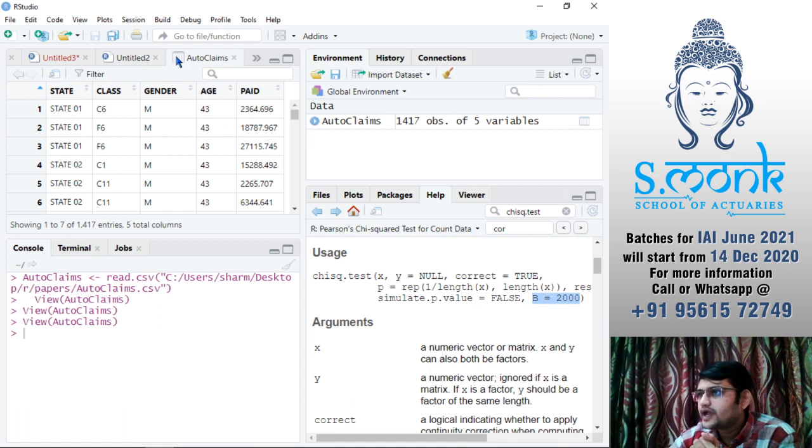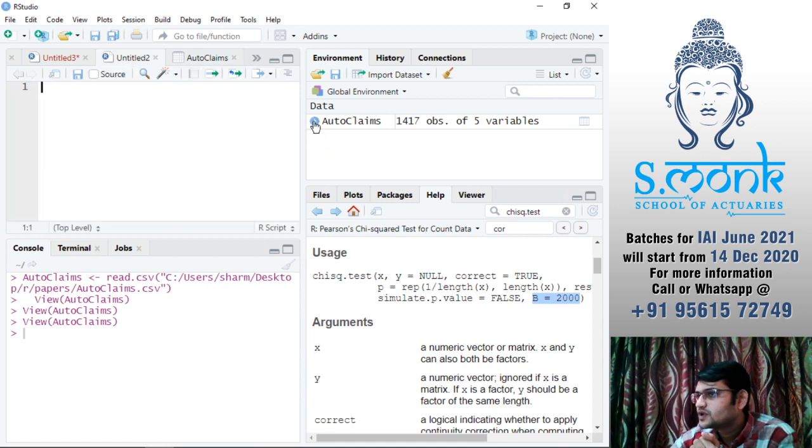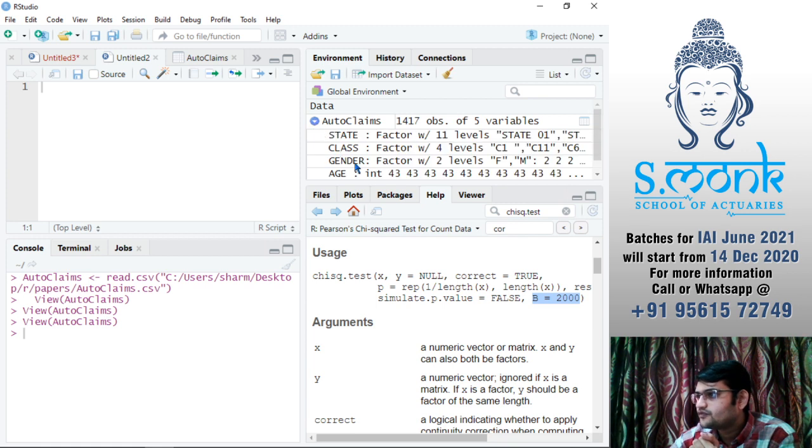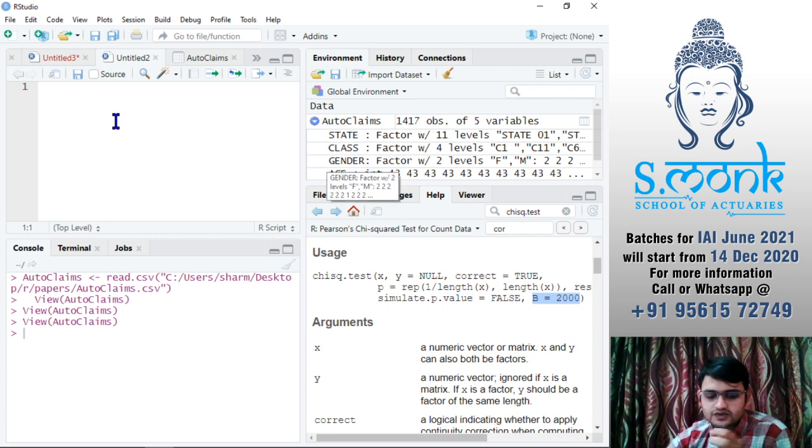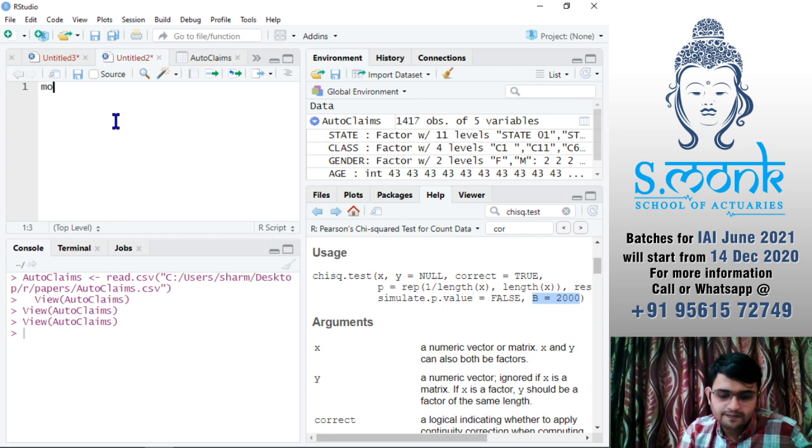To write your model, to write the formula, you have two ways. One would be writing the variables. The names of the variables are here, you can see. So I'll say model.